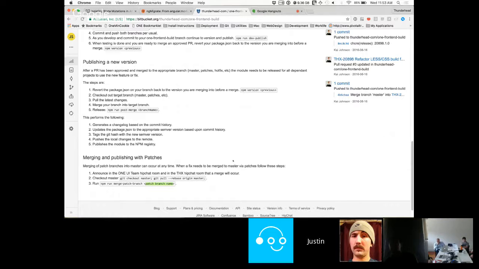I think the bottom line of what we got to was that, generally speaking, patches doesn't need any update for the one front-end build, because the build isn't actually providing any functionality to the release itself. It's just providing the build functionality to build the project. But I suppose there could be a scenario where we need it.